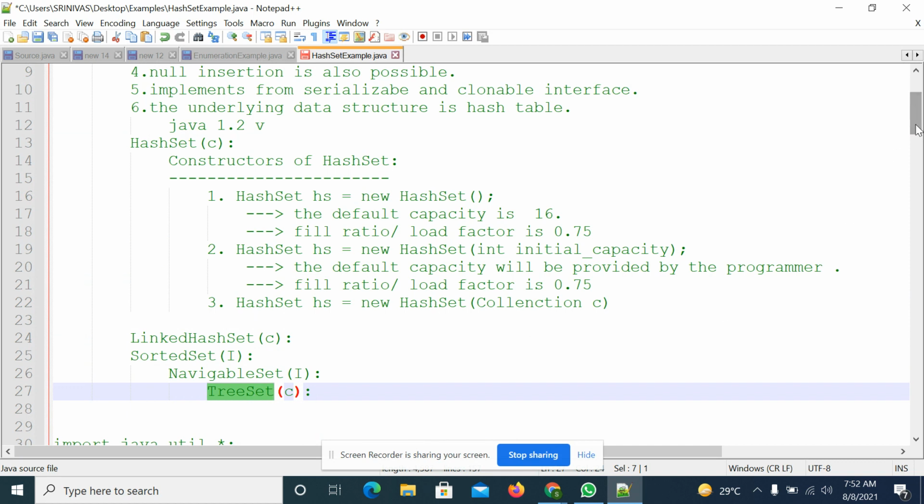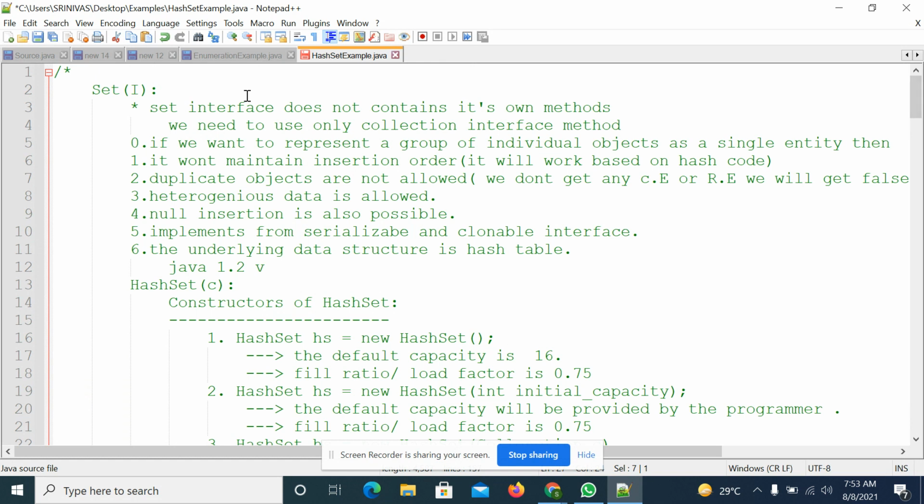So we discussed when we will go for the set interface, and we discussed the HashSet class and the LinkedHashSet class. What is the difference between HashSet and LinkedHashSet? Only one difference: LinkedHashSet will maintain the insertion order, whereas HashSet will not maintain the insertion order.